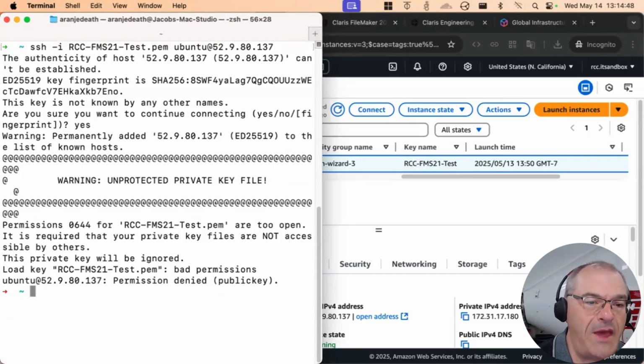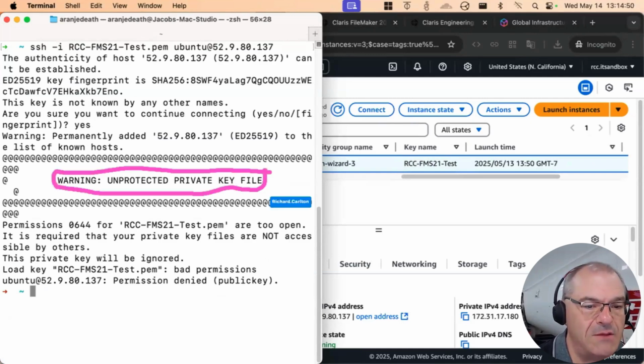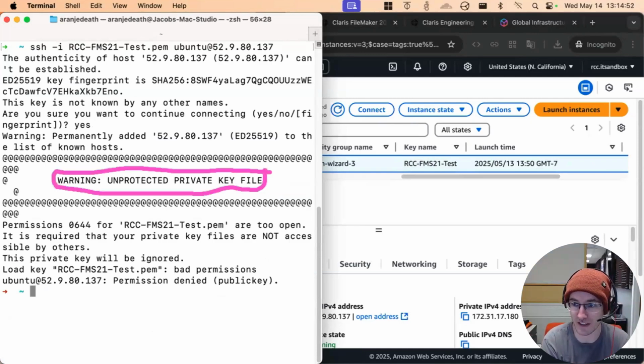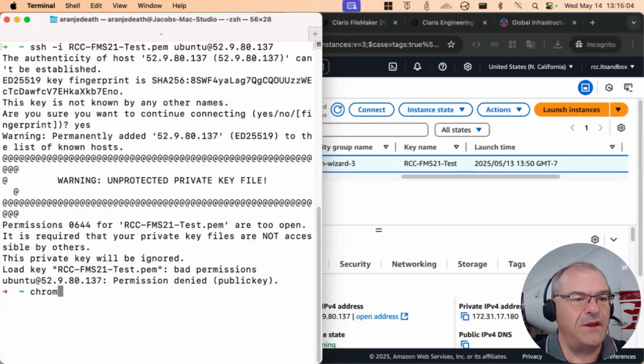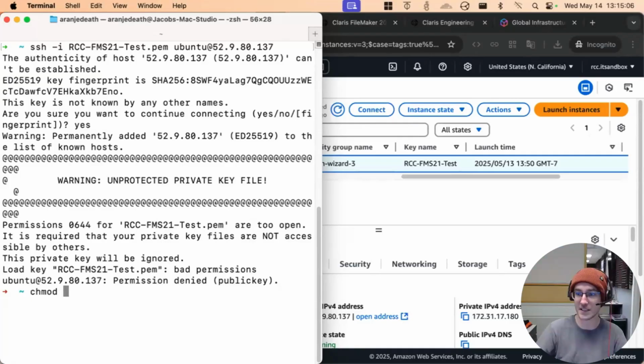This says we found your badge. We see your badge. I'm demonstrating this here because you'll have to fix this yourself if you're on a Mac. This won't apply if you're on Windows because it doesn't have permissions issues like this. But okay, what's going on right here? What am I looking at? The key is insecure. The key file is insecure on our own computer, which means it's telling us that we need to secure it better.